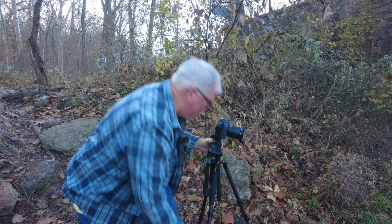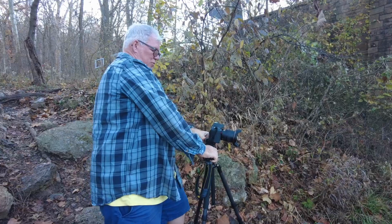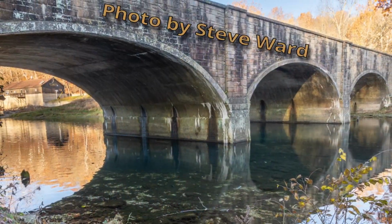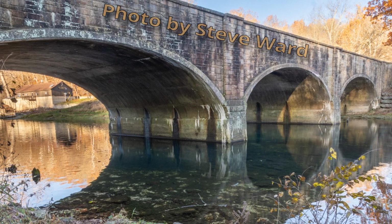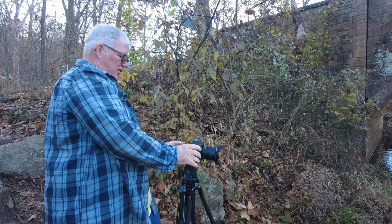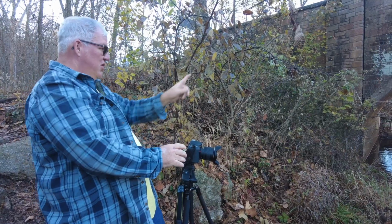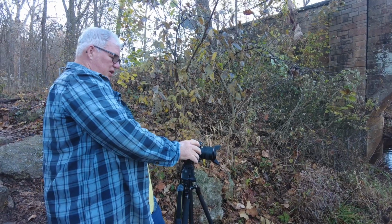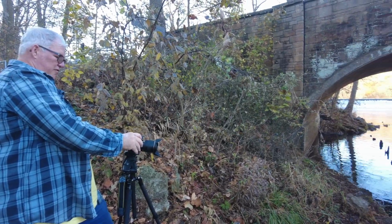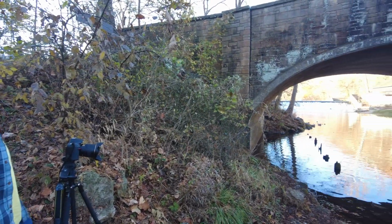Hardest part of the day is setting up the tripod. Post-process in Lightroom. Try to balance things out so maybe that doesn't capture as much attention over there to the left. So I'm using kind of the same settings we just did earlier because that worked out really well with the dark arches. And I focused a third of the way in, hit the trigger,